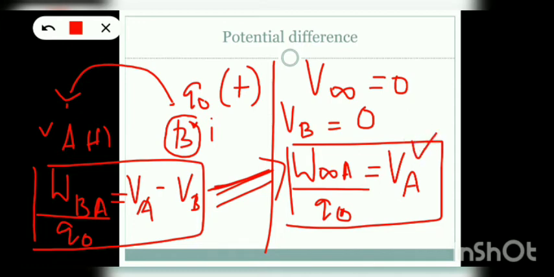So what is potential at a single point? Yeah, electric potential at any point is defined as the work done to move the charge from infinity to that point. Okay, so to be more specific, electric potential at a point is defined as the work done to move a unit positive charge from infinity to that point.